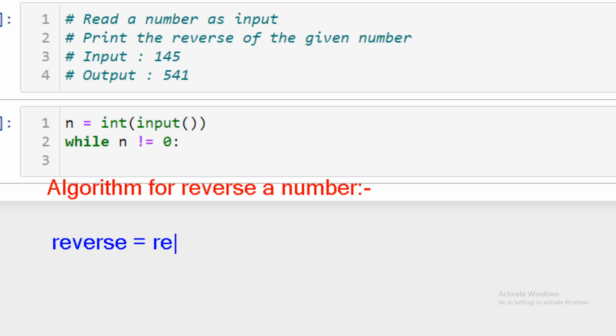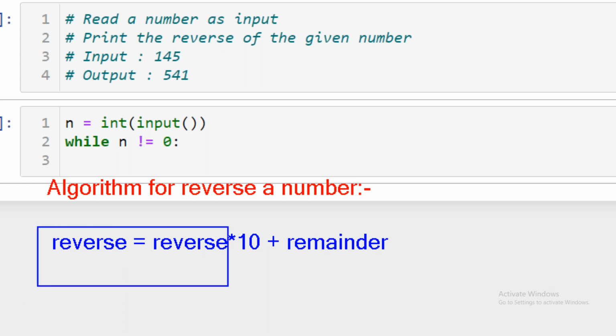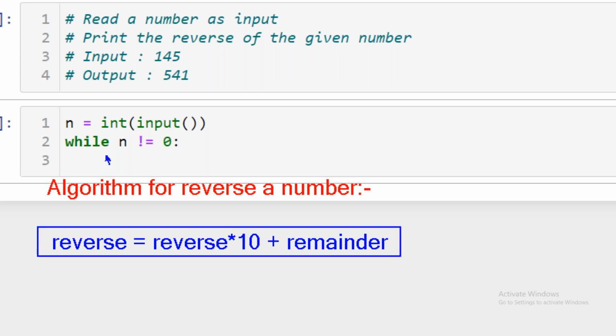Reverse of any number is equal to reverse times 10 plus the remainder, right? And this particular statement needs to be placed inside a loop based on the input number. It means if the input is a 3-digit number,